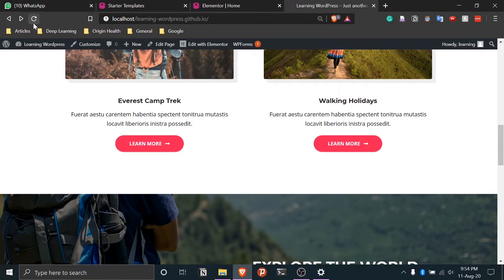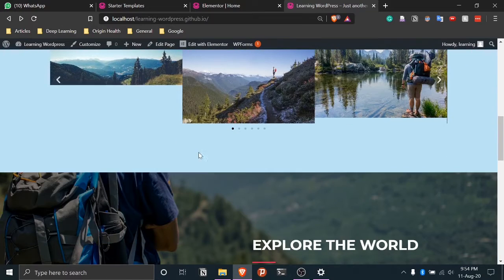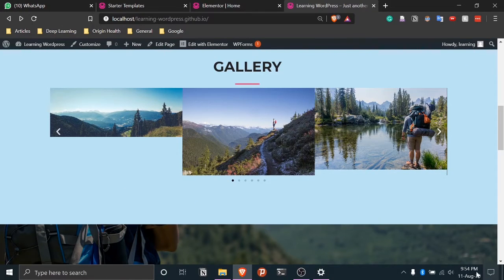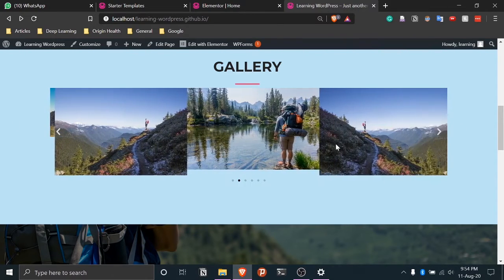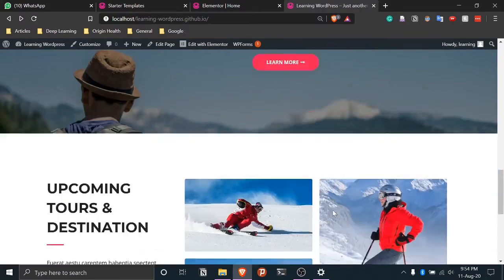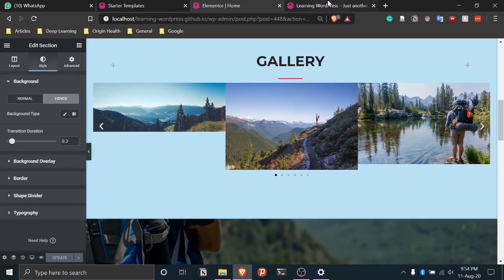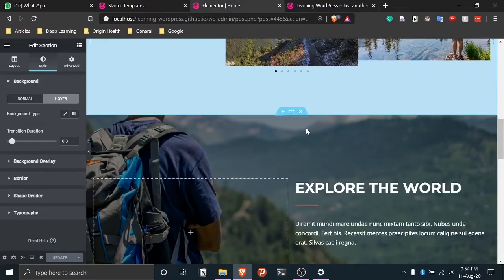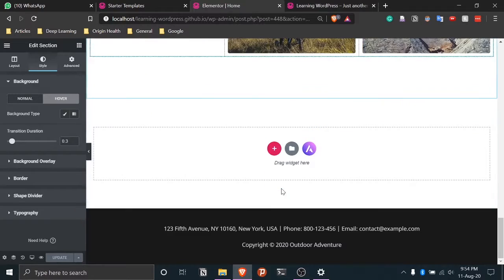So now if we reload our website, we can see that this website has been updated. You can see that it now has the gallery that we wanted. We can switch through it. Anyway, it will be switching after I think 10 seconds. It switches one image at a time. Then we have these other things here. So these are all how exactly you can modify.